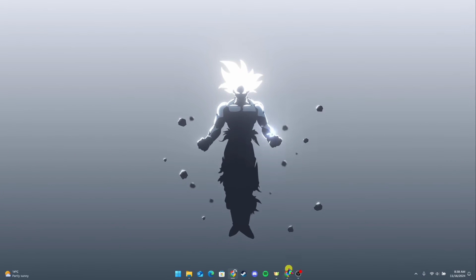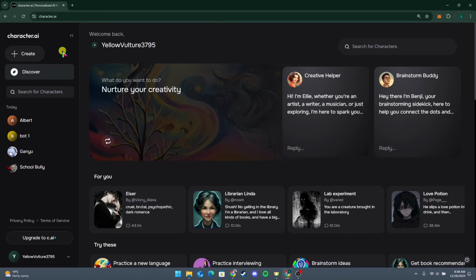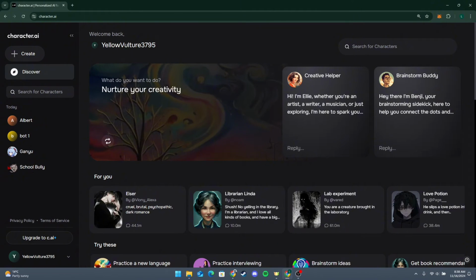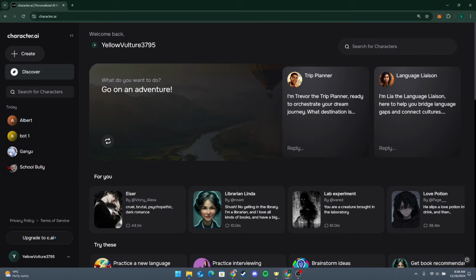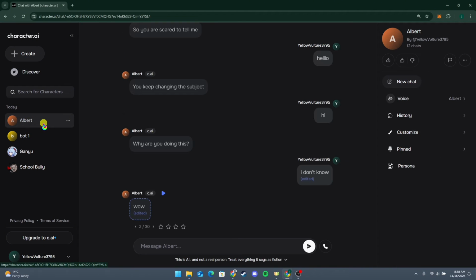First of all, open up your preferred web browser and head over to Character AI. After that, log into your account. First is to screenshot or copy paste the chat. Manually screenshot part of the chat you want to save. You can also copy the conversation and paste it into a document, for example, in Microsoft Word, Google Docs, Notepad